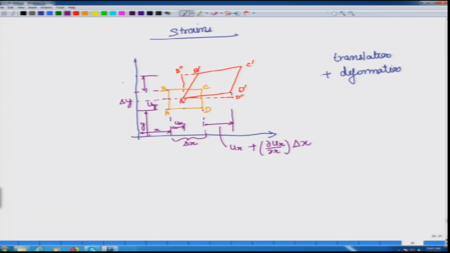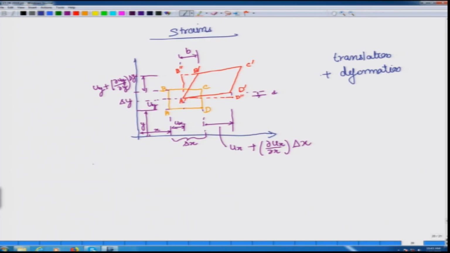So, here also the first hunch would be that it has moved only uy, but you know that there is also some deformation, and the deformation per unit length is given by del uy by del y, and the total length is delta y. So, this will become del uy by del y times delta y. Now, let us also represent for the shear part, let us say that this is equal to d and this part is equal to b. So, now we are in a position to describe or define the different strains.